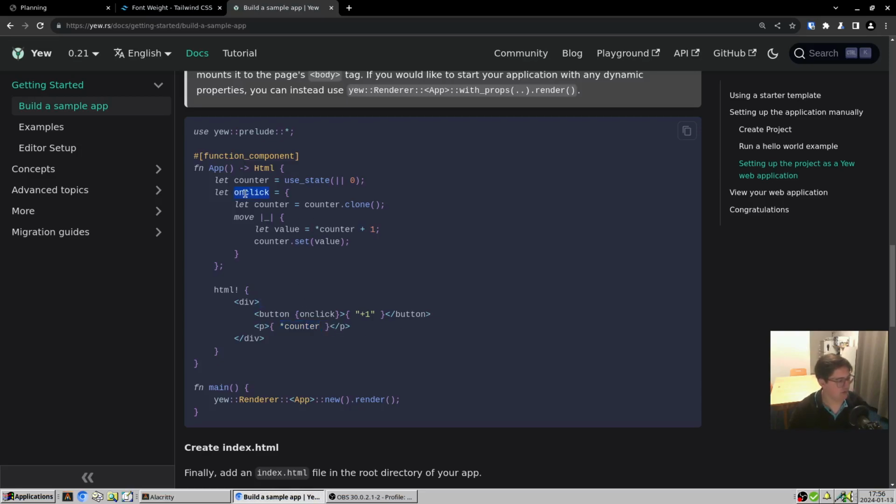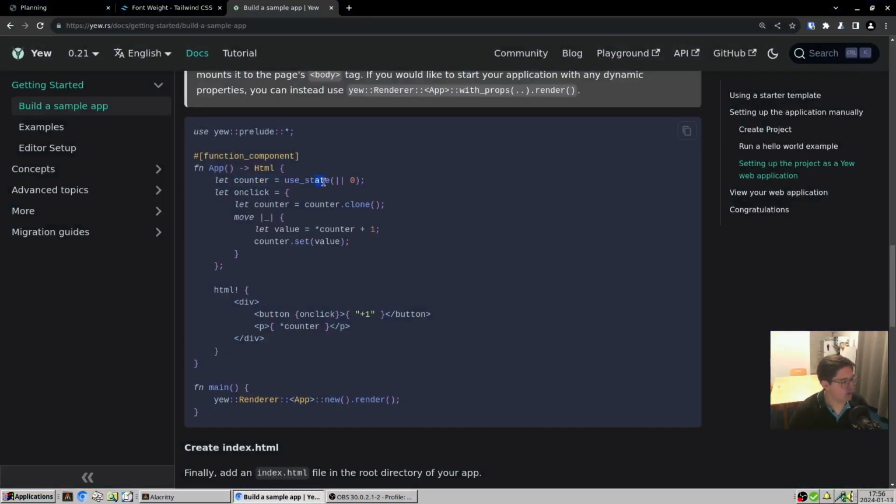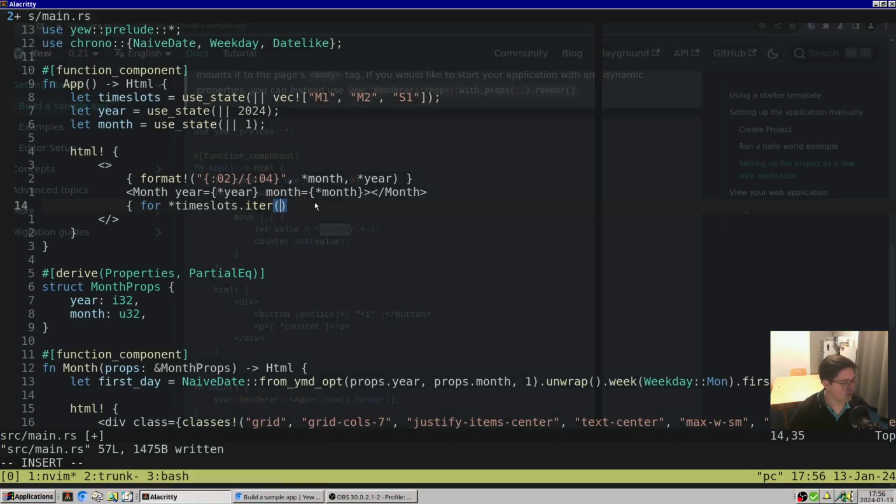Here on click, yeah, but on click is just a closure, so that doesn't matter. But for the counter, for the state, it's a deref counter for you to use it and to update it. So let's say timeslot.iter.map,